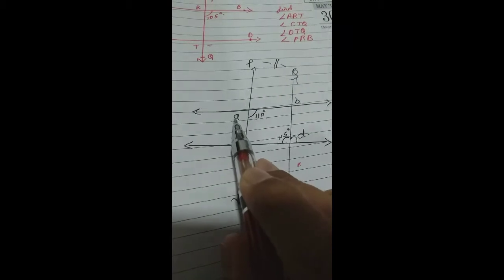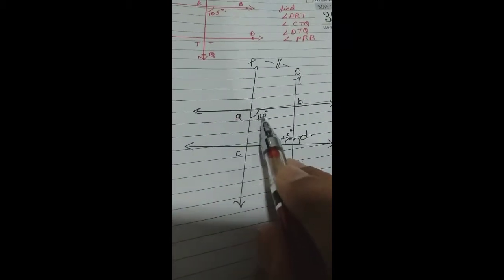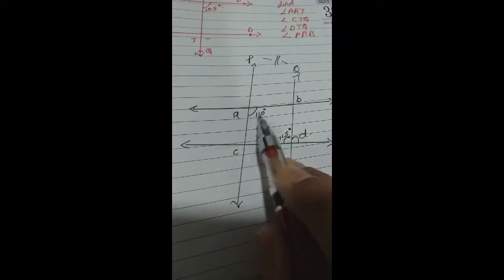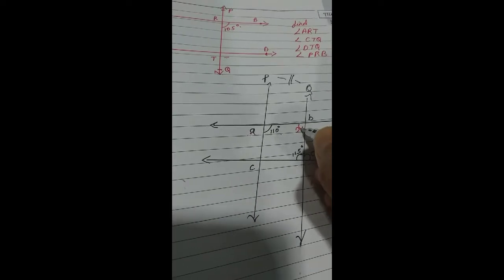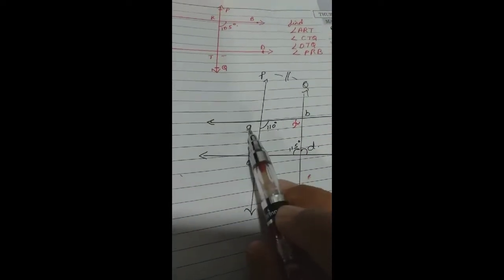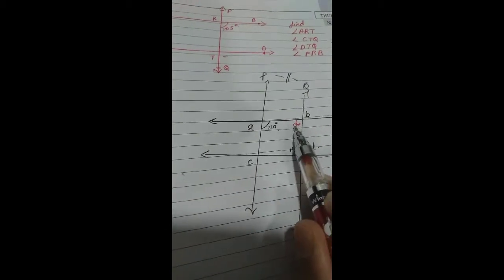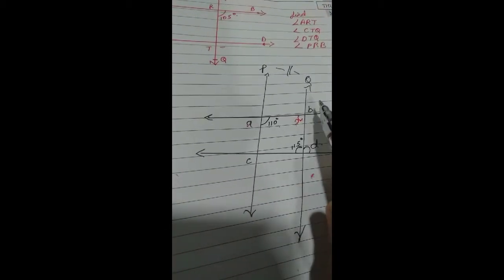बरोबर. क्लियर है. ये 70 डिग्री हो गया, ये 110 डिग्री हो गया. Now let's consider an angle x over here. Okay, इथे काही दिले नाही आहे. We have to consider an angle x over here, so that angle A and angle x is 70 degree. Corresponding angle test. Okay, we have to find B.